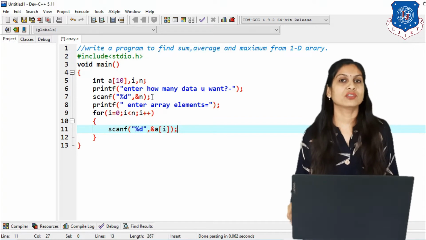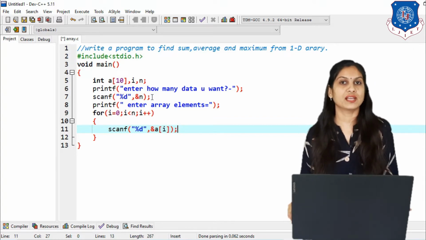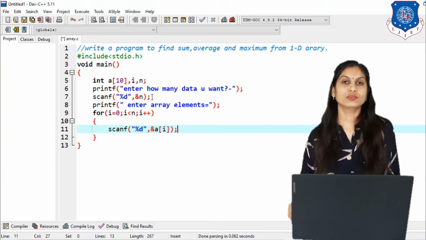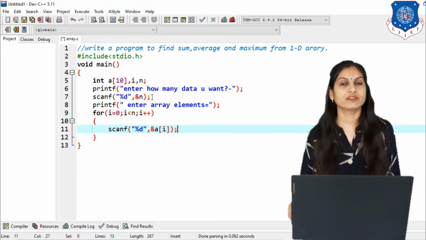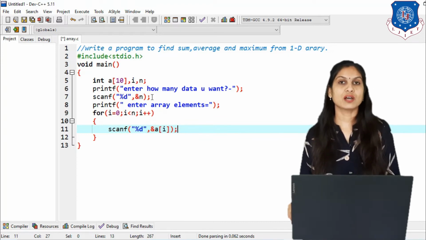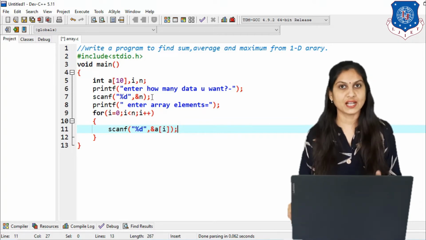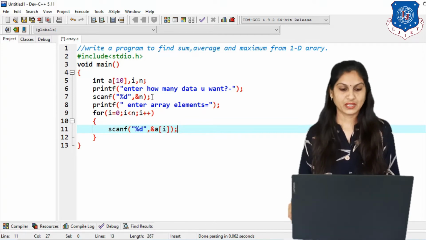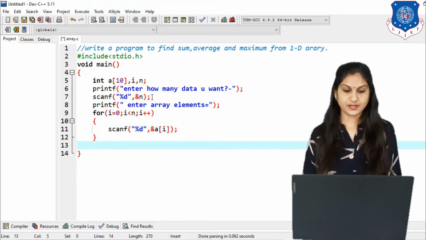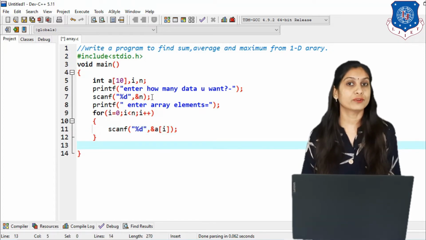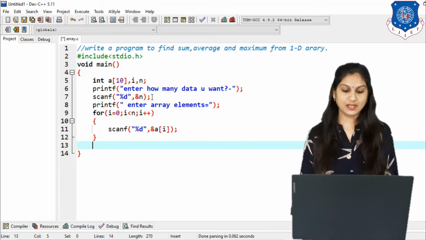So when you have a question in your GTU exam, like finding the sum for a one dimensional array, you write up to this, and then you put in the logic for how we can find the sum. For that we need the formula.